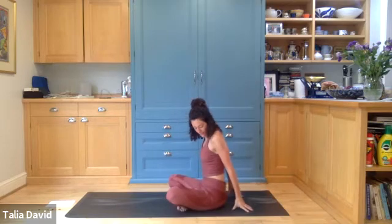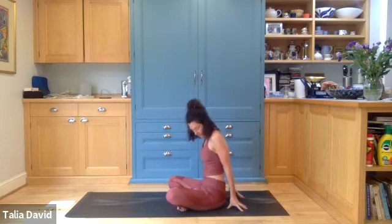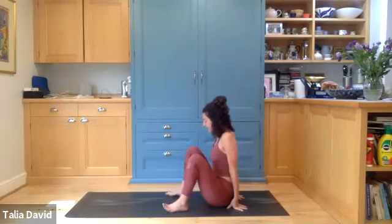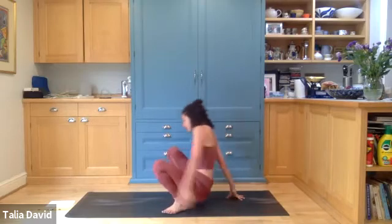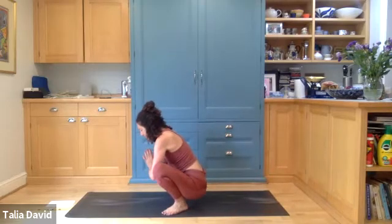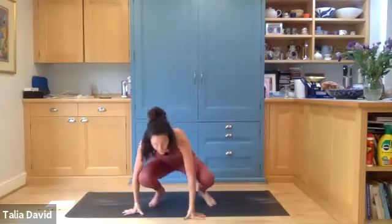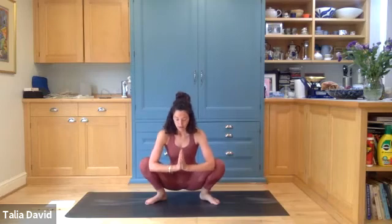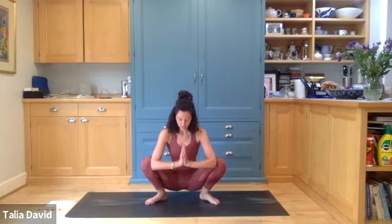And bringing your hands behind just the base of the spine. We'll place the soles of the feet flat down on the ground. So slightly pushing forwards here so you can tip forwards into a squat position. So I'll show you from the front. We're in this position called a malasana squat. Lowering the hips down towards the ground, using your elbows to push the knees apart, keeping the chest high. What we're doing is we're opening out the hips here